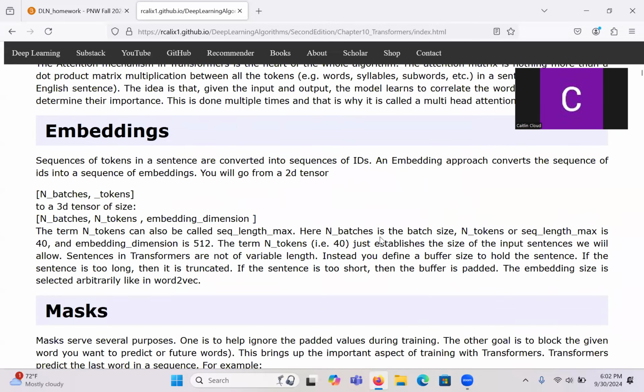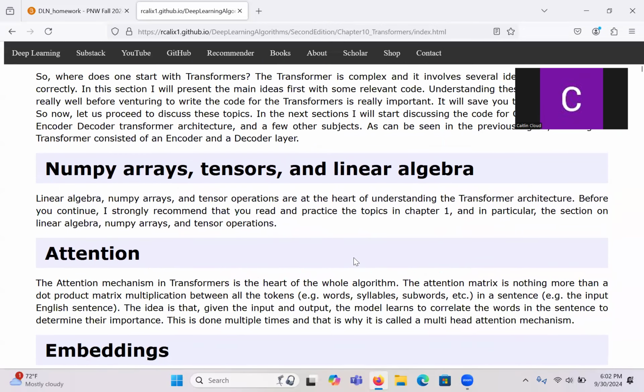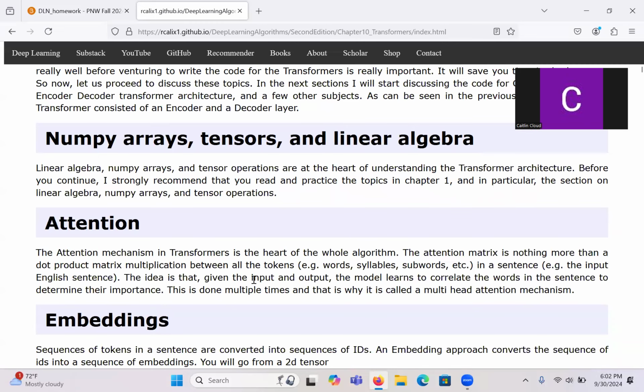Some of the things you need for transformers: obviously we're going to be playing with tensors a lot. So if you haven't done so already, go through those problems I gave you. There are a lot of problems related to this in that set. The attention mechanism, we will explore that one. It can be complicated, but there's actually a simple way of looking at it. Keep in mind, there are a lot of versions of attention. There's flash attention nowadays, etc. We're just going to look at the original attention, and from there you can add on, but it's a similar recipe.